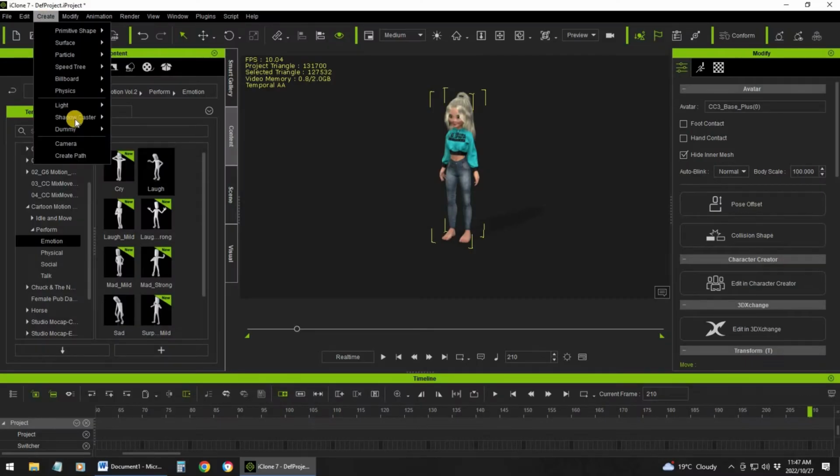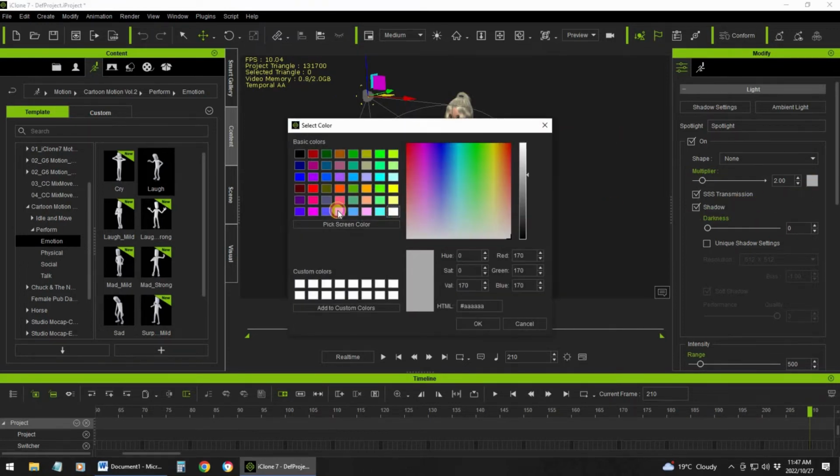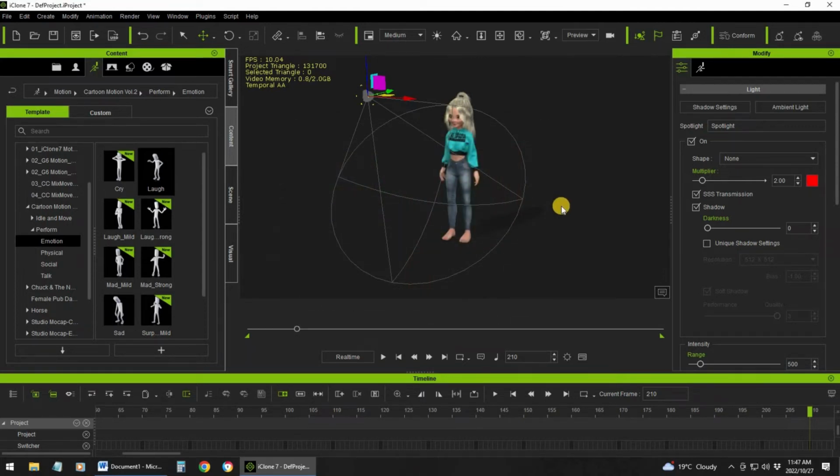Again, to create lights, you just click create light, select spotlight, directional light. Let's say create spotlight. Here we can click to add and move. And it is just so easy. If I want to change the color, I click there and I change the color of the light. As you can see, it is just so easy. The learning curve is easy.